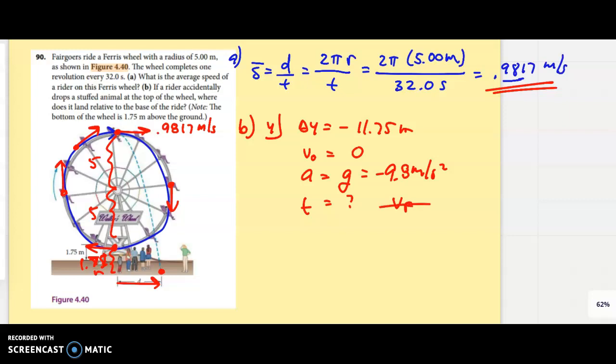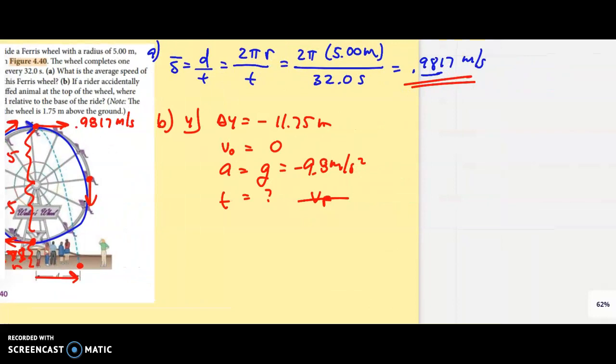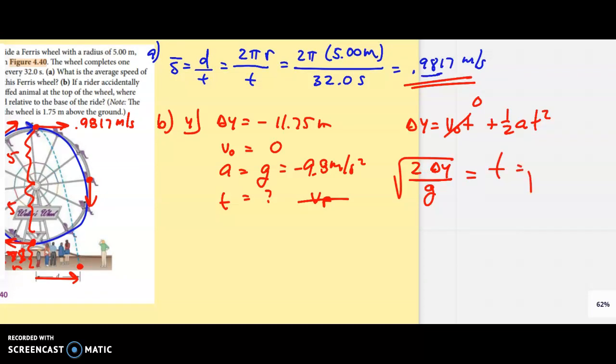So that shows me what equation to avoid. And I'm going to say delta y equals v0 t plus a half a t squared. So initial velocity is 0, which is nice. And so I'm going to rewrite this mathematically. I'm dividing by the a, which is little g, okay? And there it is. So now I'm just going to put 2 times negative 11.75 meters, divided by negative 9.8 meters per second squared, like this. When you put that into your machine, you end up getting a time of